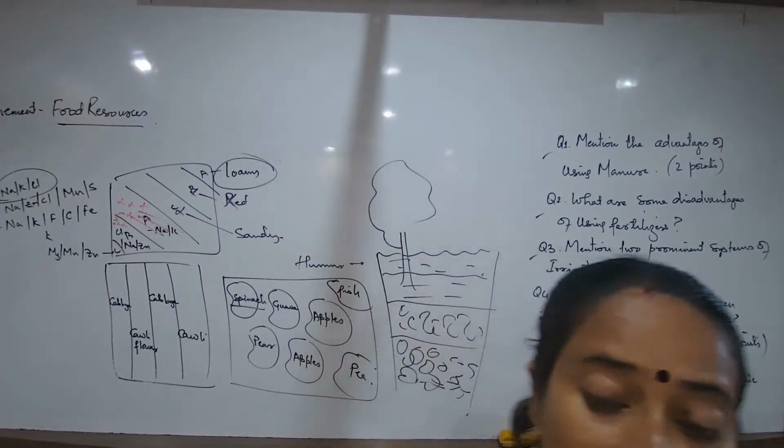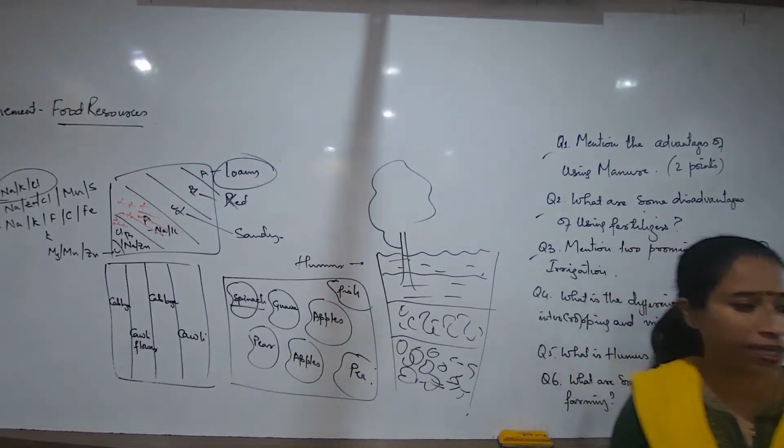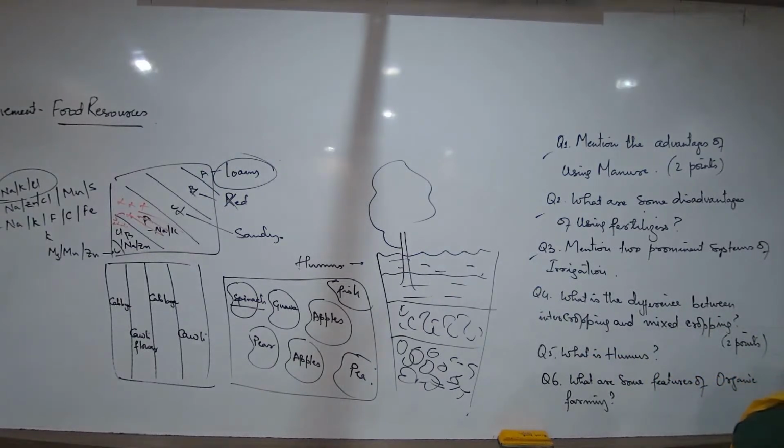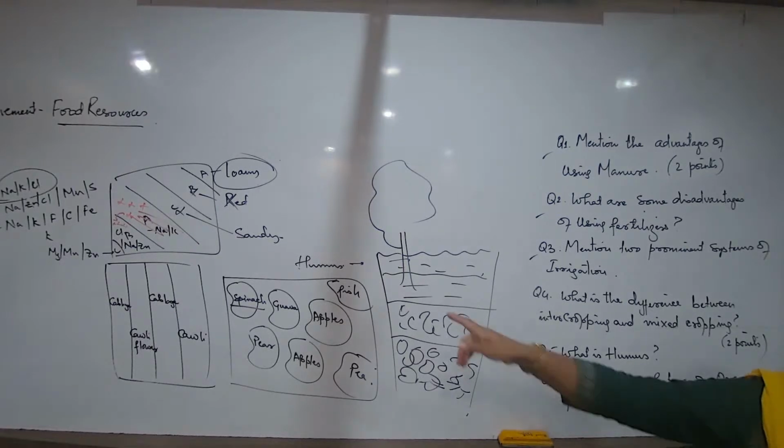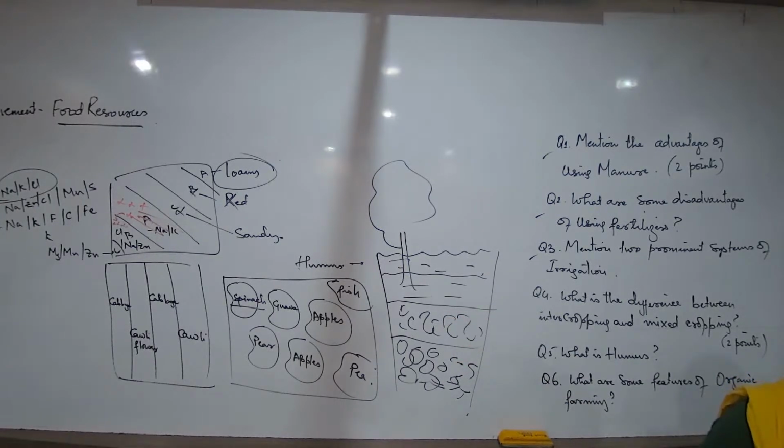Now listen here. When we are talking about this humus, what is happening? If I talk about the sandy soil, did you ever come across a sandy soil with a blackish uppermost layer of humus? Sandy soil will never have humus. Why is humus added to the soil? It's not added. It is formed in the soil naturally.